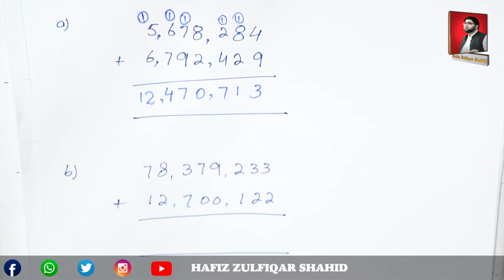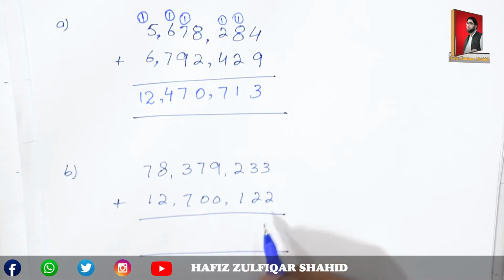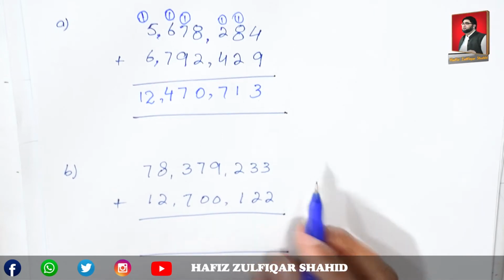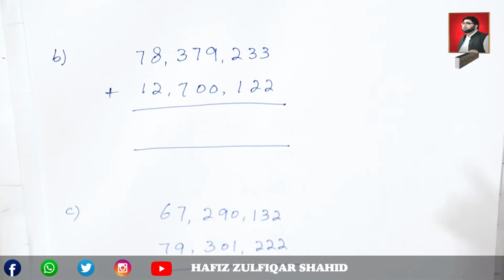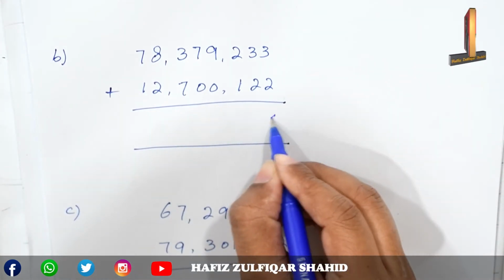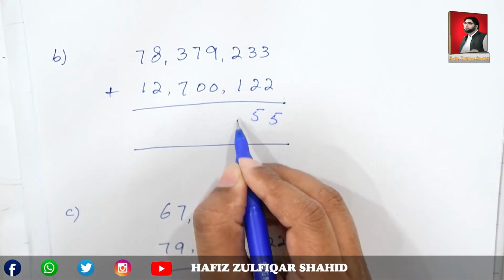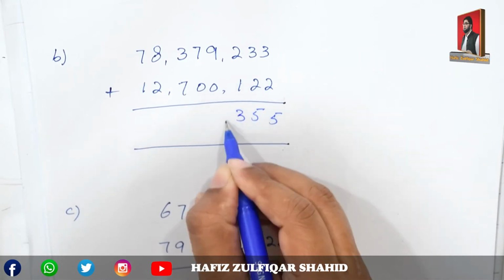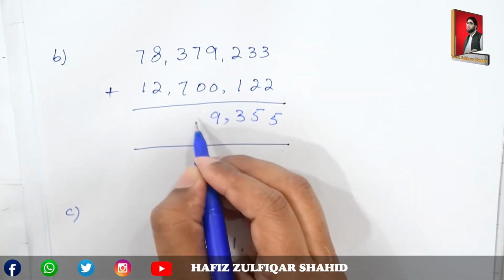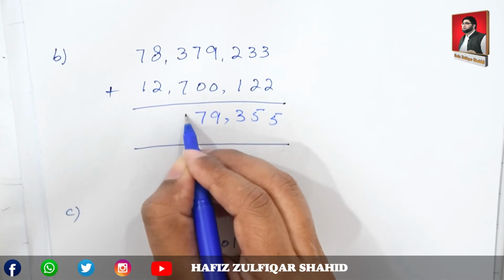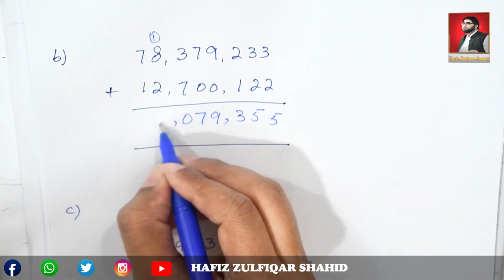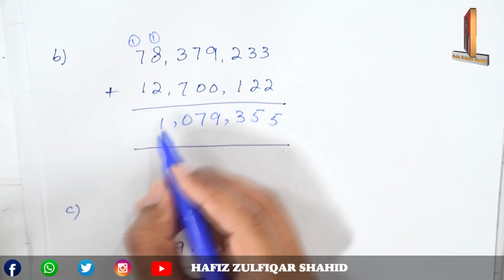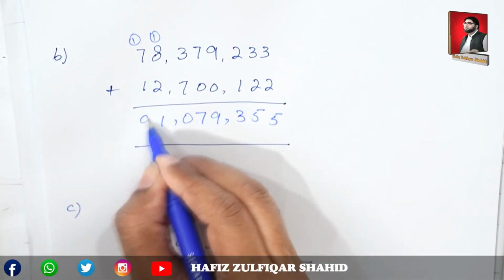Same like that, start from units and move to tens and hundreds and so on. Add each question given. 3 and 2, 5, again 3 and 2, 5, 2 and 1, 3, 9 and 0, 9, 7, 10, take 1 carry, 10 and 1, 11, again 1 carry, 8 and 1, 9.